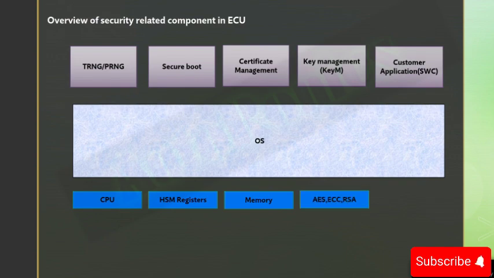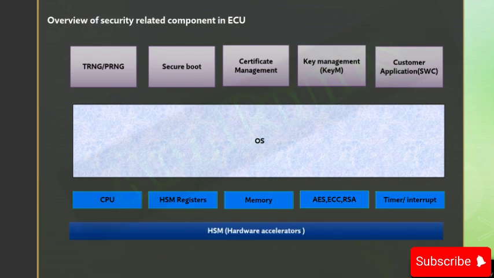And then the algorithm which we use can be symmetric, like AES, or asymmetric, like ECC or RSA, and timer and interrupt mode, which is used to configure the timer and interrupt for cryptographic operations, and the hardware accelerators, which are used to perform the main cryptography functions. So these are all the major components which will be present in an ECU.